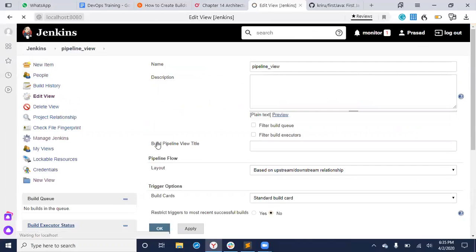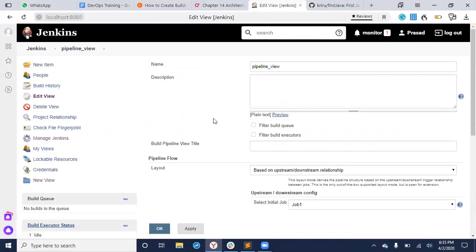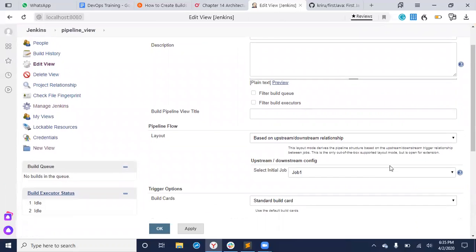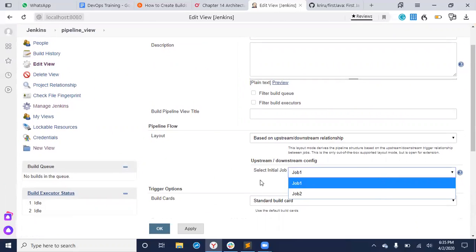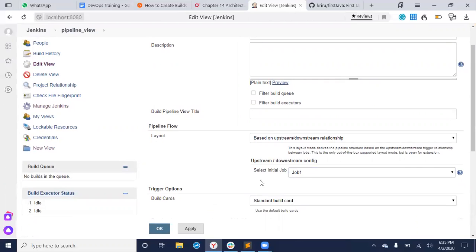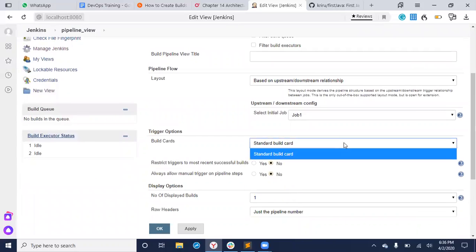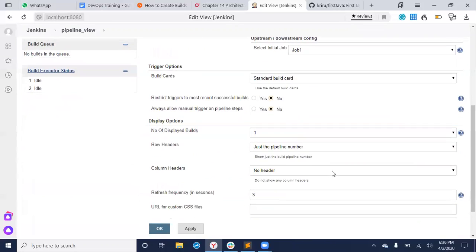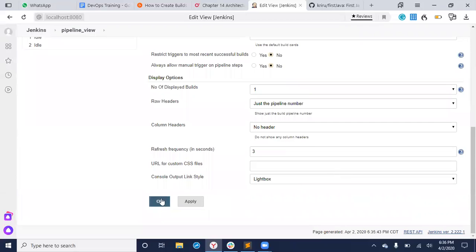Now in this pipeline view, the initial job is job1. Job1 I created normally. Job2 I'm saying will run only after job1. So I'm selecting job1, the rest you can leave, and just select OK.